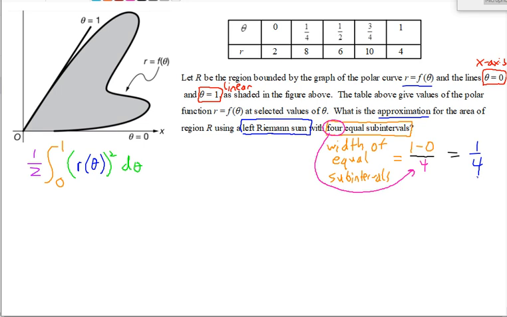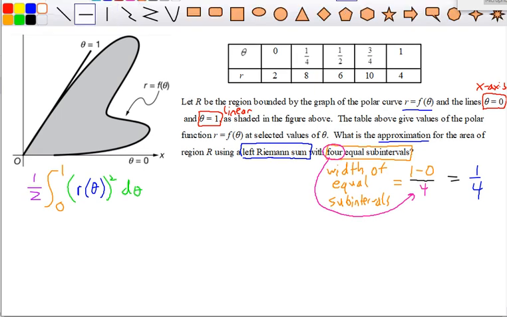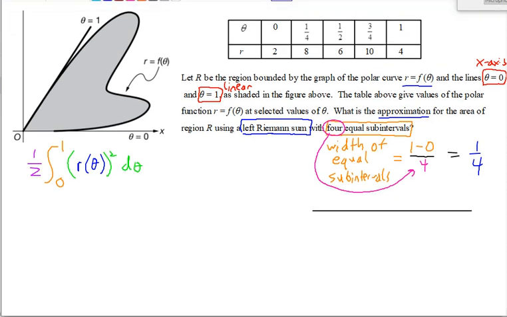So now we can draw our number line here, going by 1/4. So it'd be 0, 1/4, 2/4, which is the same as 1/2, 3/4, and then 4/4, which is the same as 1. There's our 4 equal subintervals. And we're using a left Riemann sum. So when we're approximating this, we still have the 1/2 out in front. And then times, to approximate this integral, what's different here is we're going to have r of theta squared. So we have the width is 1/4. And then r of theta, well, the left endpoint on the first subinterval from 0 to 1/4 is at 0. So 1/4 r of 0 squared